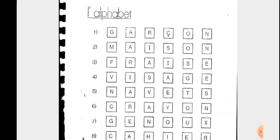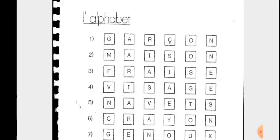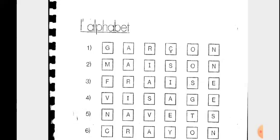I'll read the letters individually. If there are 5 of them, I'll read out each letter once at a time, and then in the end, when you come out with the word, you're going to read out the word in French, in full, and we're going to find out what it means in English. Let me show you just how we're going to do it. When we start, I'm going to say, commençons, which means, let's start. And I'll start with the first letter saying, G,